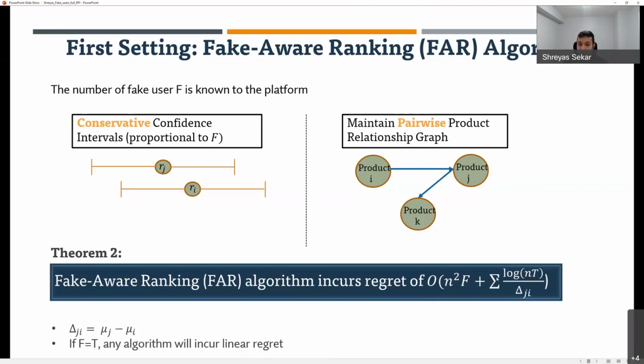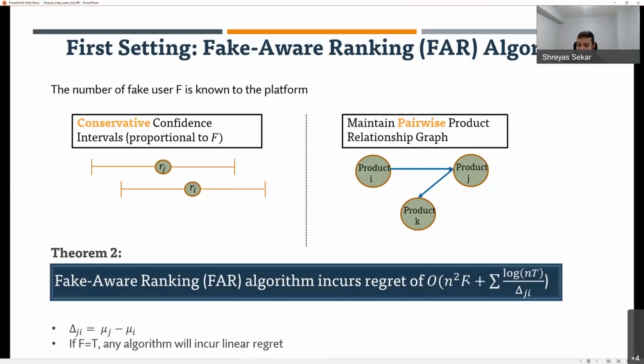Now, for those of you who are familiar with how these regret bounds work, the typical bandit regret is log t divided by delta. Now, because of the presence of these fake users, the typical regret is increased by a factor that's proportional to f. Now, is this term avoidable? Unfortunately, not yet. To understand why, imagine a setting where f, the number of fake users, is close to t. If all my users are fake, then I really can't learn anything useful, right? So in that case, you would expect the algorithm to have linear regret. So that gives you some intuition of why you need this additive term.